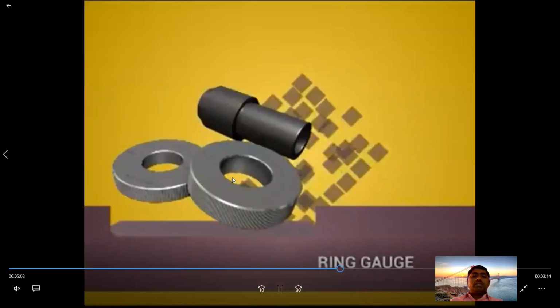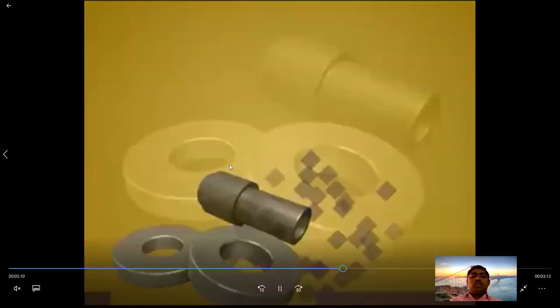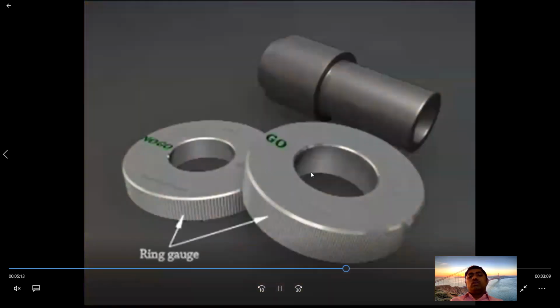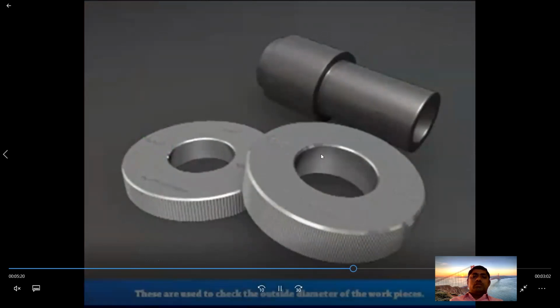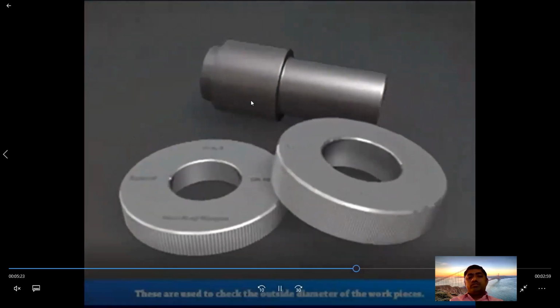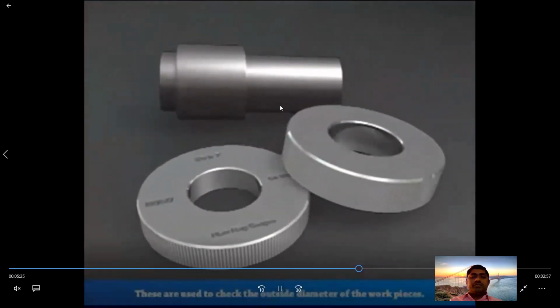Similarly, this is the ring gauge used for checking the external dimension of the component. So this has the go gauge. This is the no go gauge. So this is the workpiece we want to check using the ring gauge.